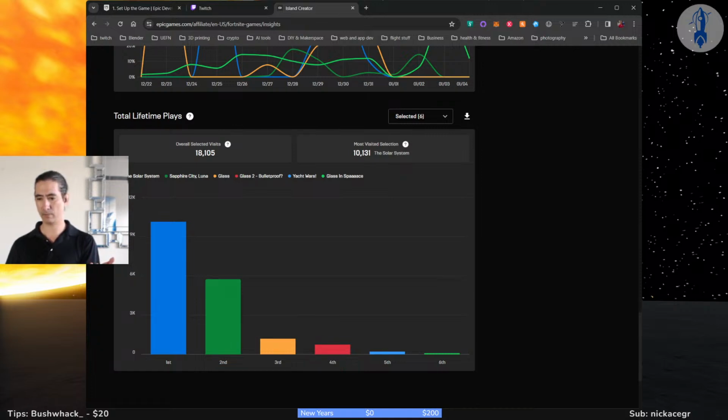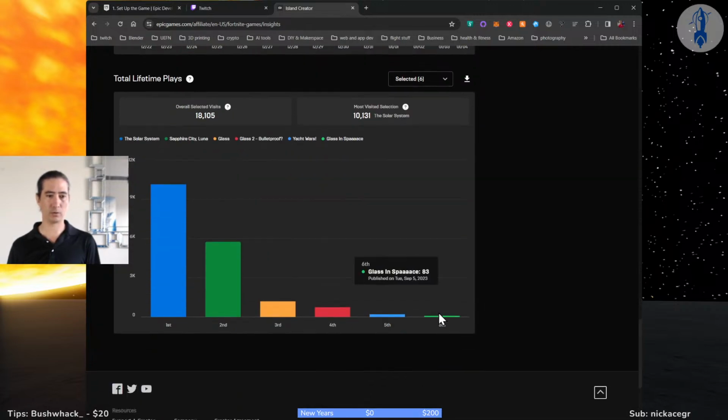What is today? Today's the 5th. Yeah, so Christmas Eve to today, 11 days to get half the traffic already for the solar system. Honestly, that could be in part due to the discovery system inside of Fortnite, and also my social media stuff that I'm working on. So, all these older maps, I need to update them.